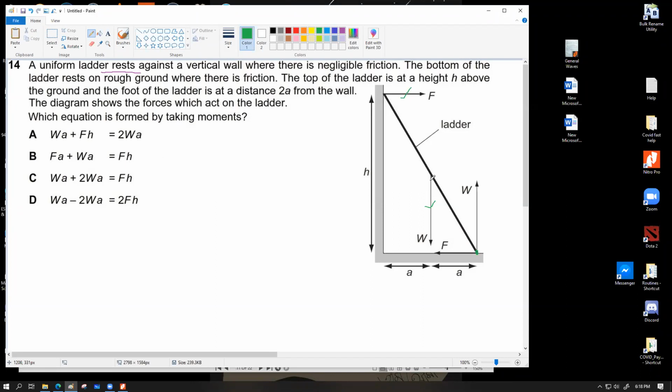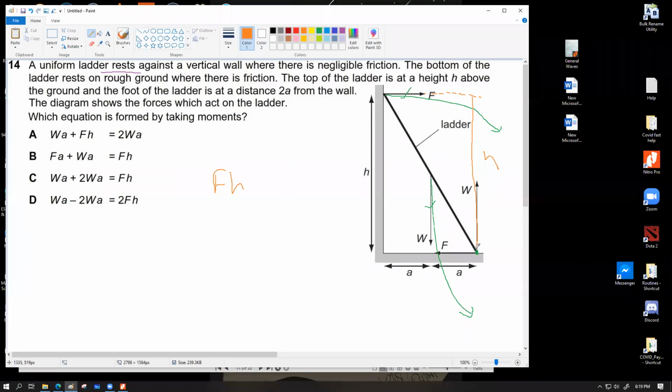One force's moment will be anticlockwise and the other force's moment will be clockwise. Because the whole thing is at rest against the vertical, these two moments should cancel out each other. So what is the perpendicular distance from this point to the force F, which would be h? Or in other words, I could have extended this force line, and this distance is going to be h as well. H and h should be equal. So we have a clockwise moment of Fh,